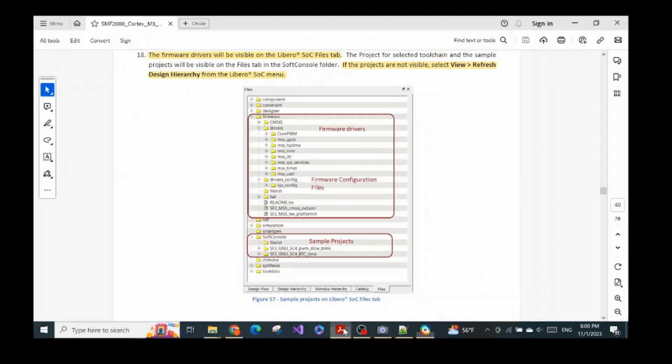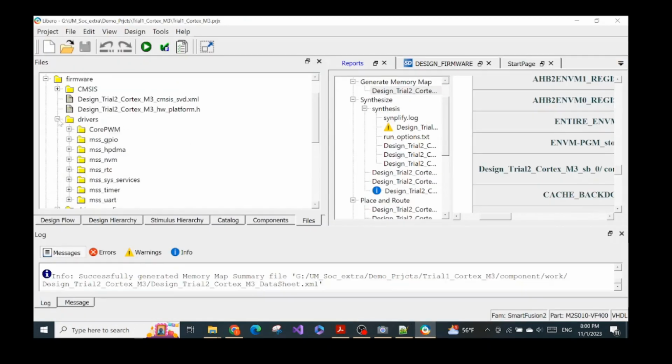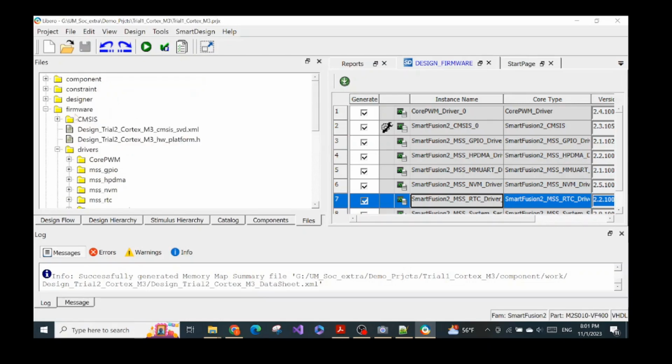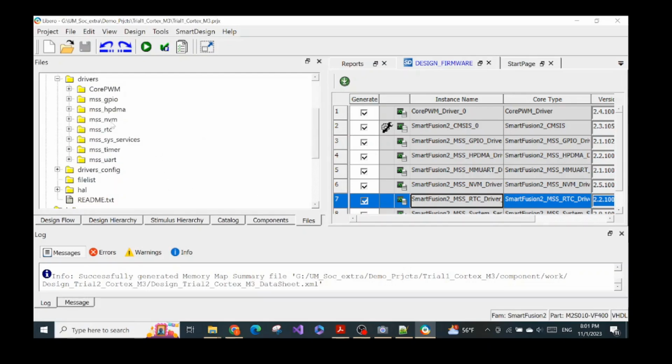Maybe we can check whether we have the necessary things. We have those things, right? Drivers, firmware drivers over here. Yes, we have the firmware drivers relevant to all of the instances. I believe so. Core PWM, the GPIO, yes. The CMSIS is over here, yes. The non-volatile memory,